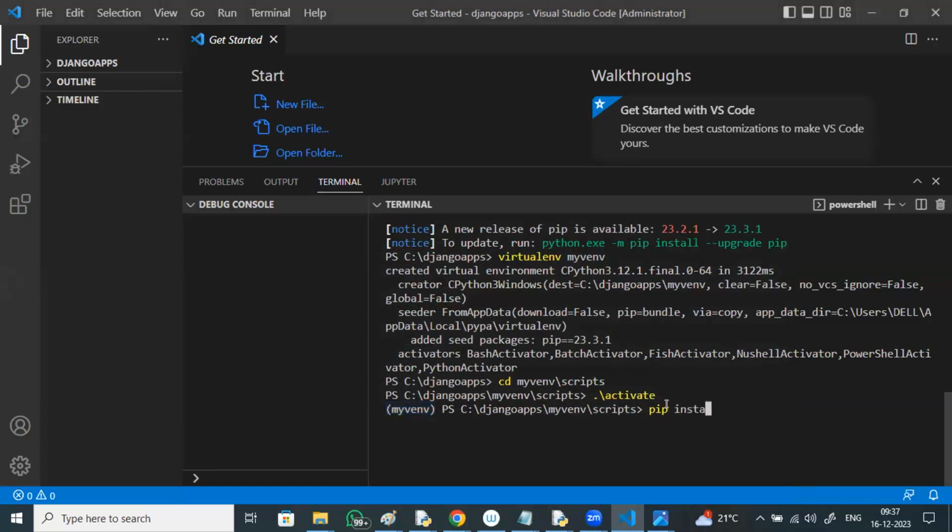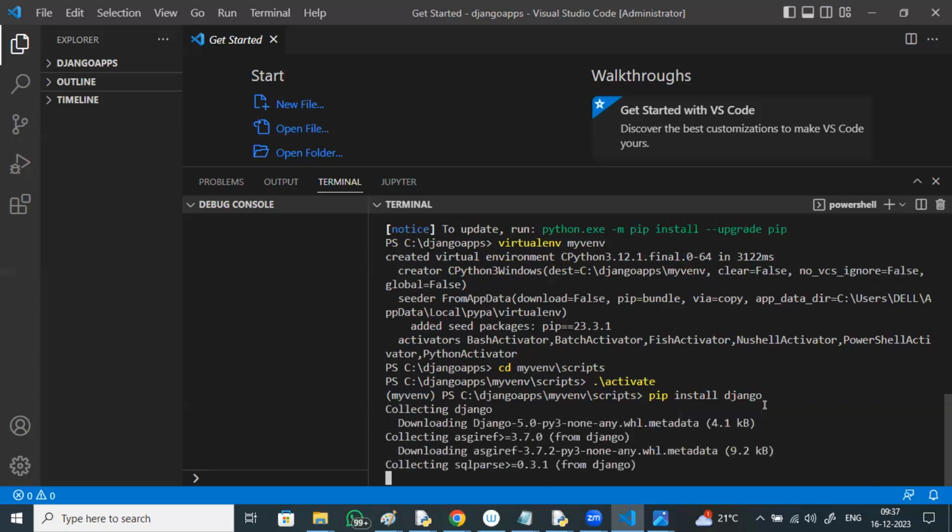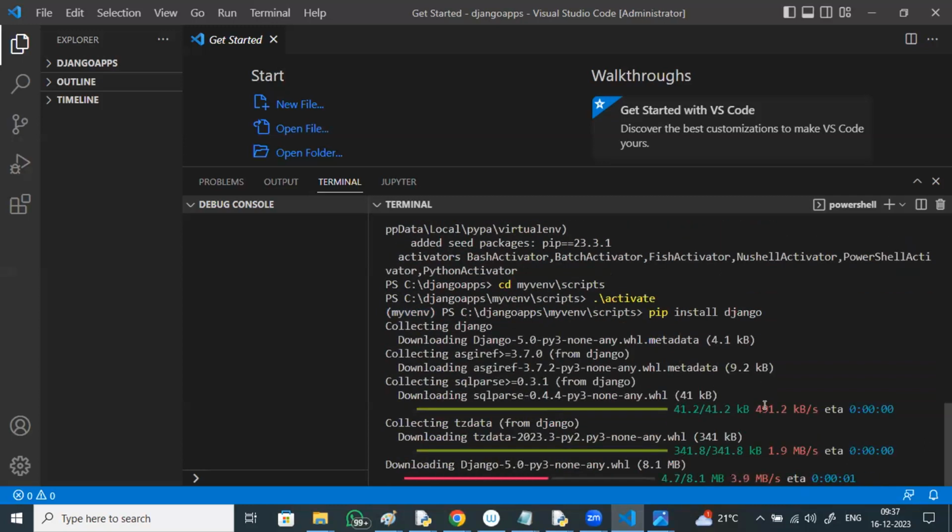Pip install Django. That's it. Everyone try to do this. Pip install Django and say enter. It automatically downloads and installs Django. It hardly takes 30 seconds.